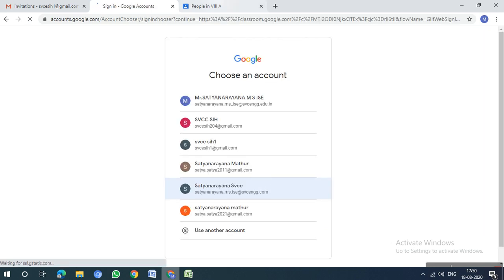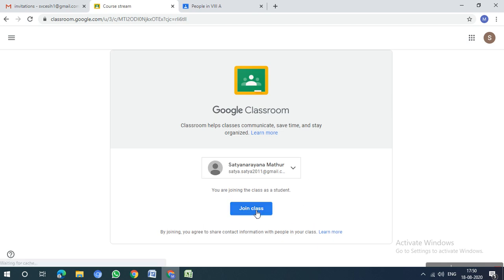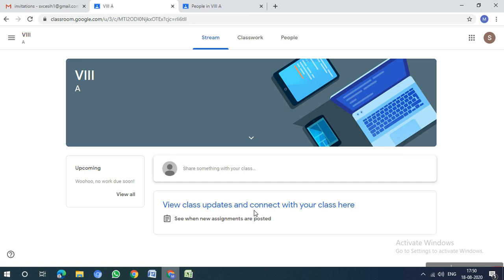If they want to use the app, they can use the app too. So this is the mail ID which I sent, and I'm just using that mail ID. Now you can see, ma'am, I'm using it directly in the browser. I'll just say join class. Now I have joined the 8th A class.